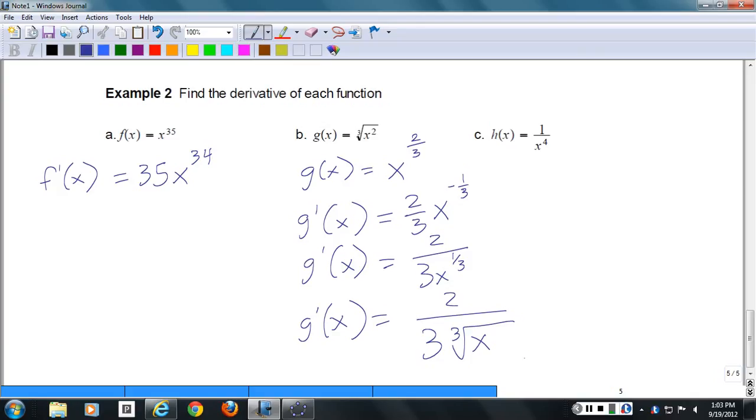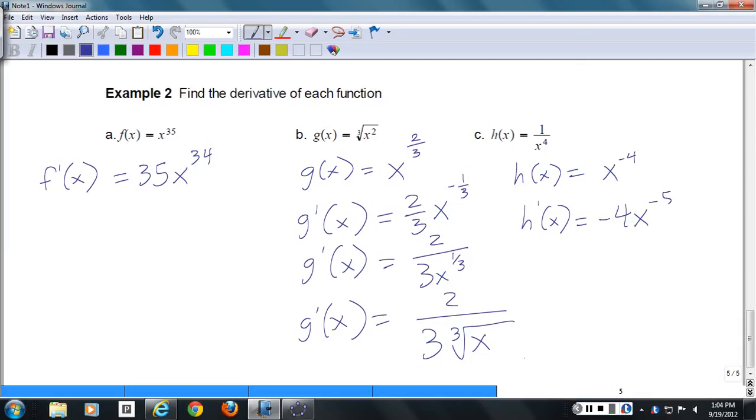And h of x, although we have an x to the 4th power, this is not in the form of x raised to a power. It's 1 over x to a power, and so we can't apply it until we write it as h of x equals x to the negative 4. Then we can apply it. So h prime of x, the negative 4. Negative 4,